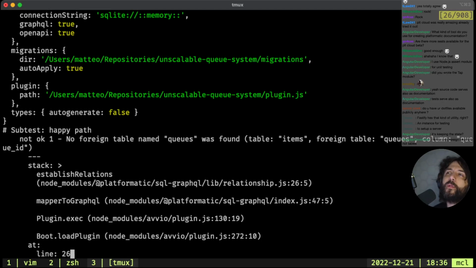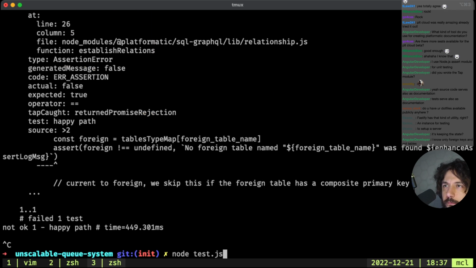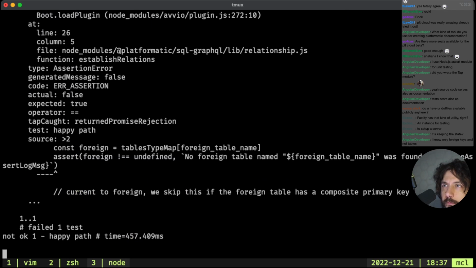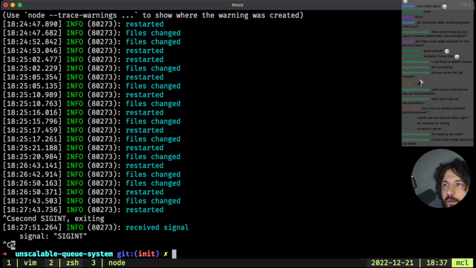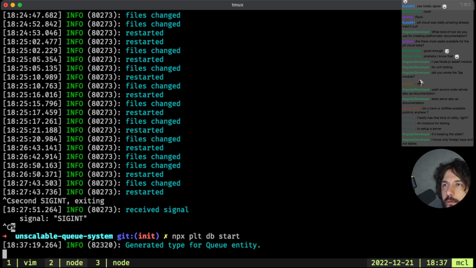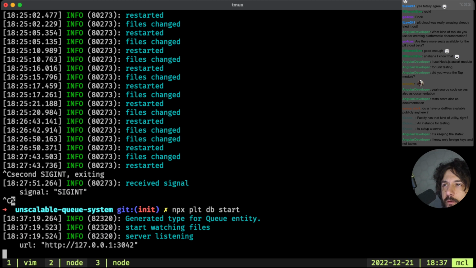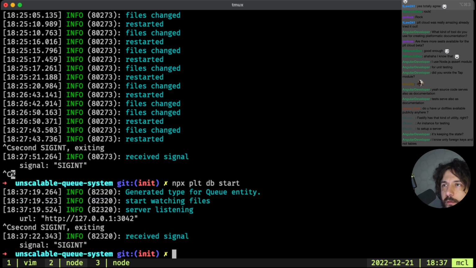No foreign table named queues was found. Very interesting question. Because if I run this, yeah, this seems to be running as expected.